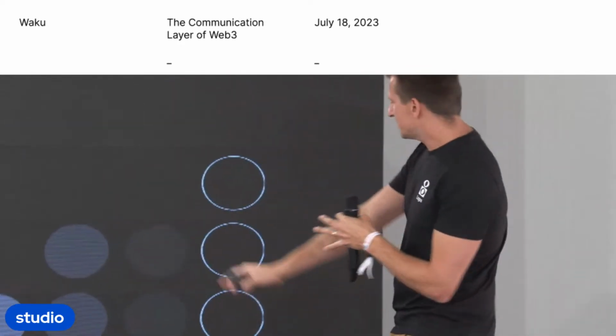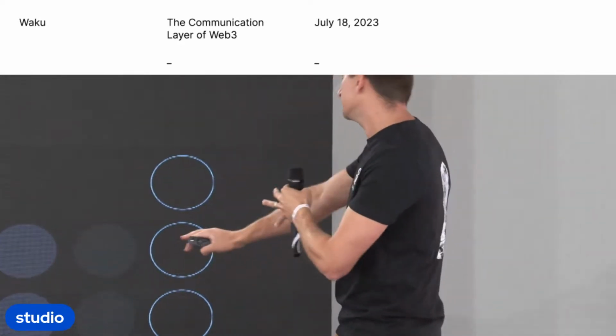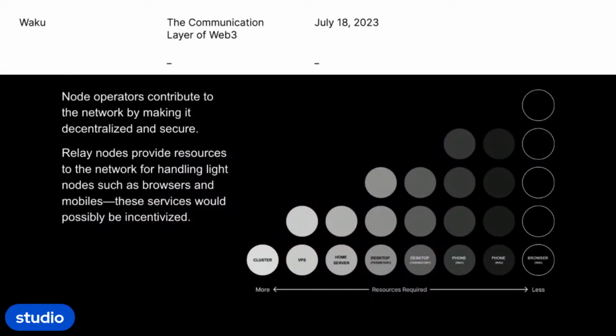So you can see the scale, like something running somewhere in the cloud, something running at home permanently, something running at home not so permanently, and then phone. Yeah, let's forget about phones. Anyway,